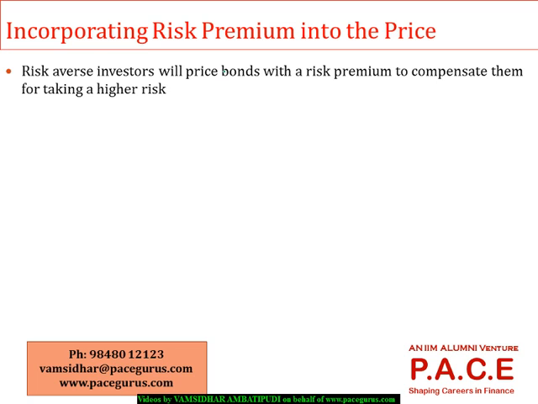Then moving further, we are also looking at how we incorporate that risk premium. We are taking a risk now, so if we are taking a risk, we have to be compensated with a higher return. So whatever the interest rate may be at each of the periods, if I am talking about 7, and assuming that these are 8 and 6, and probably assuming that these are 9, 7, 5, whatever interest rates I am considering at each of the layers, what we are saying is, if we are going ahead with incorporating the risk premium, we have to really look at it: whatever it is going to cost me is slightly higher than if it has been